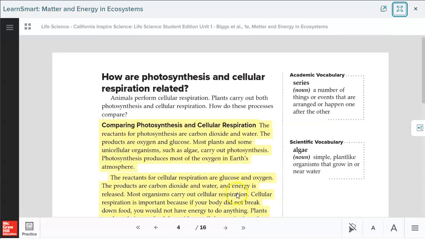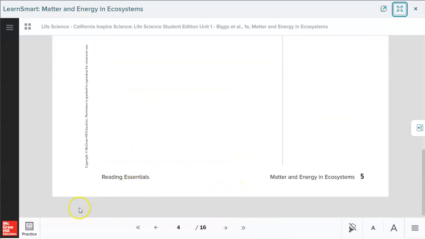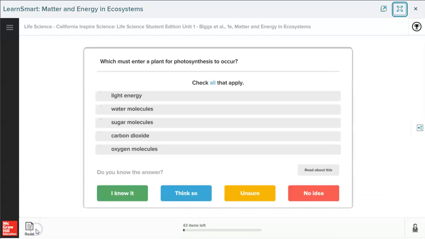Now I'm going through this quickly, but eventually I would be prompted over here and this practice button would start highlighting. That's telling me, the student, okay, you've read some content, now let's see if you learned what you were supposed to. The big key with LearnSmart is that it's checking for comprehension of those important topics and concepts. So these questions are going to be specifically given to the student based on the content that they have been